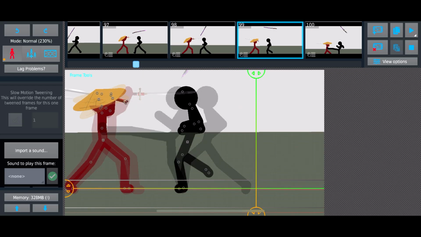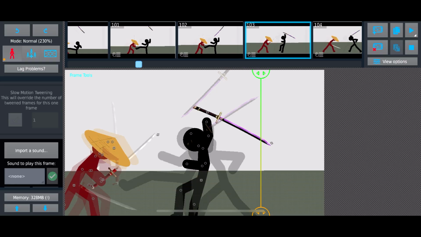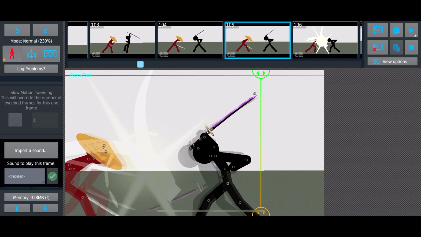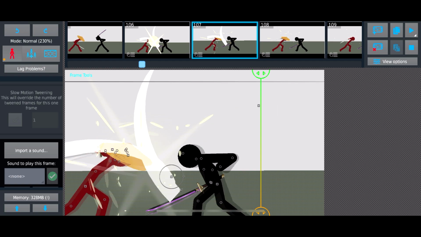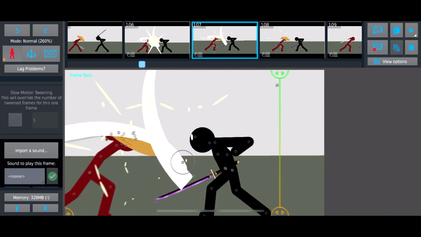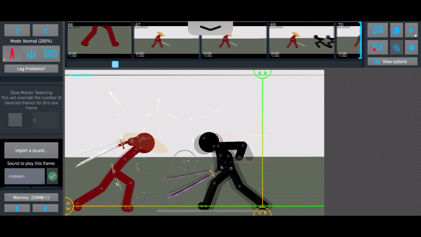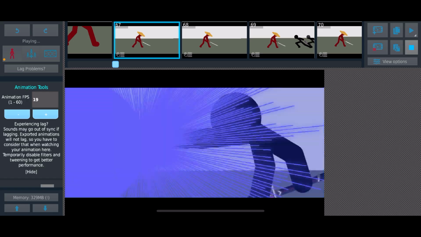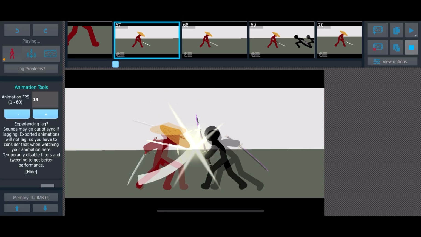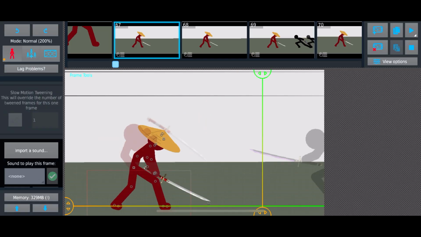But as you can see, he kicks him here, then the sword drops in his hand, and then he slashes him. Well, slashes the other guy, and the other guy slashes again. Then he creates a little parry effect going on here. Nice. So as you can see, just like that,